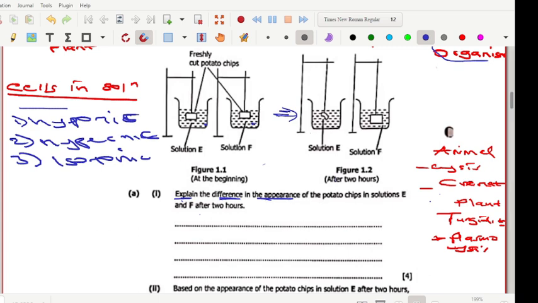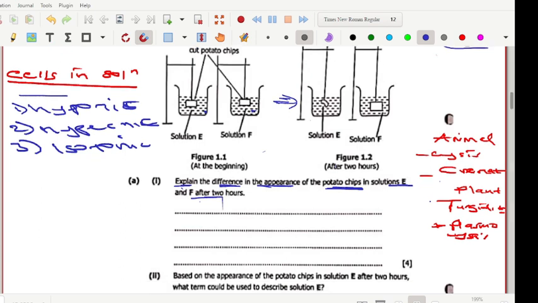So here we're just focusing the appearance on what? Potato chips in solution E and also in F after 2 hours. So you talk about E, solution E. So you see, after 2 hours, it reduced in what? In size. Then what is the explanation? It lost water. So that's what you need to know. So the first difference is that